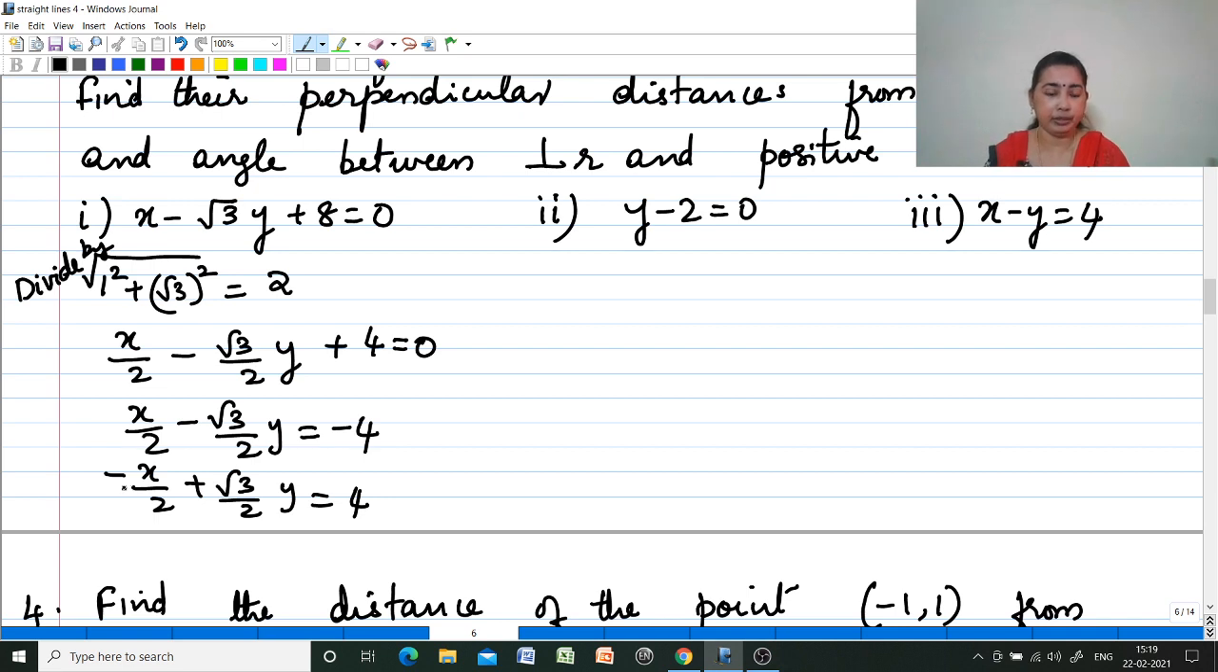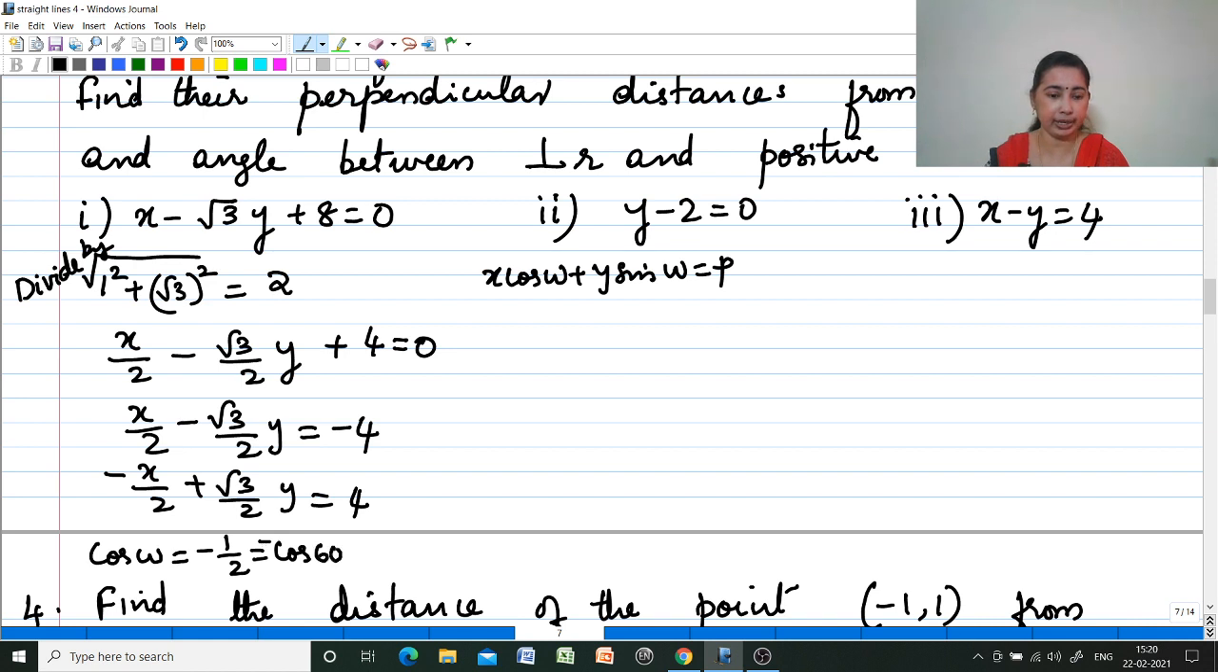Now here x cos omega plus y sin omega equal to p. That equation is x cos omega plus y sin omega is equal to p. So if I am comparing this with here, we are getting cos omega as minus 1 by 2, and sin omega as root 3 by 2. So cos omega is minus 1 by 2 means it is equal to minus cos 60 degree, or it is the same as